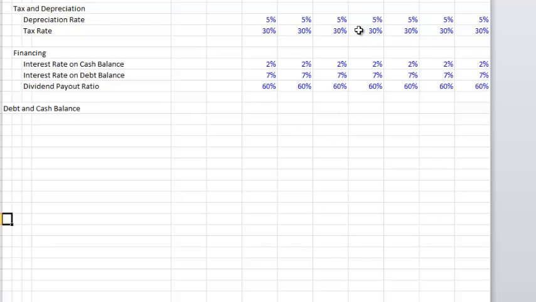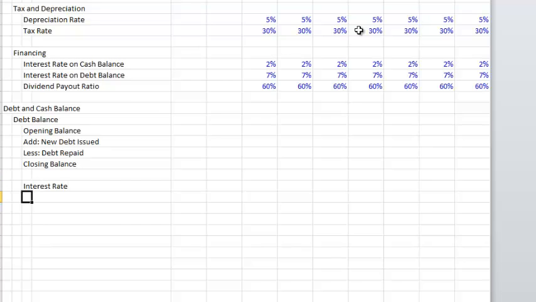Let's put the debt balance, and an opening balance, add debt, new debt issued less debt repaid, and a closing balance, and then an interest rate and an interest